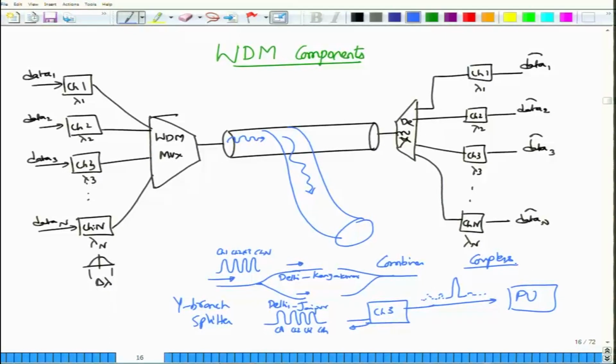These couplers, as I have told you, a lossless coupler will take the input signal and split it into two equal parts, or maybe different parts, but the total energy when you combine the arms will be the same. A combiner will take inputs from two different optical fibers and give you a single optical fiber which carries the signal. So couplers are also a very important device for us.